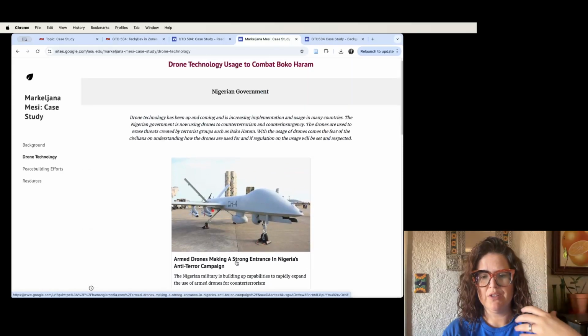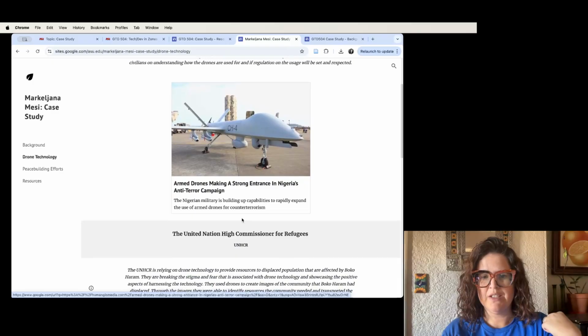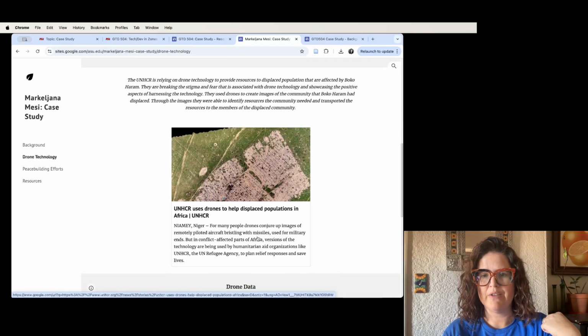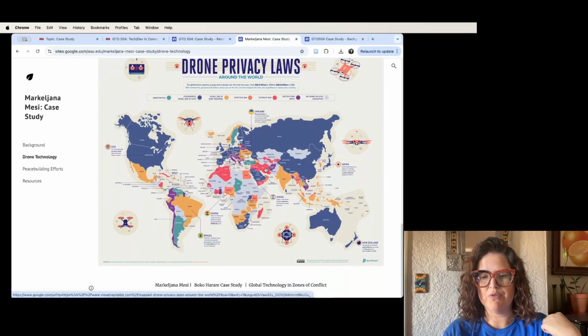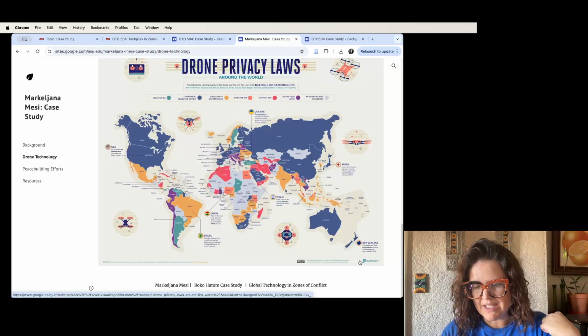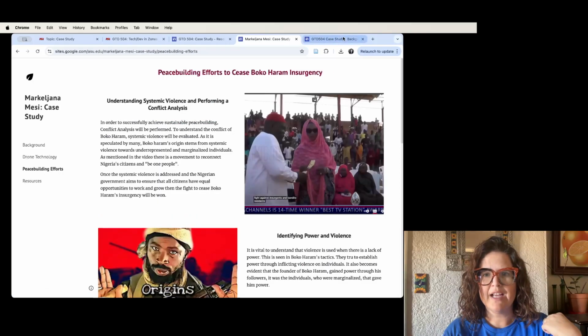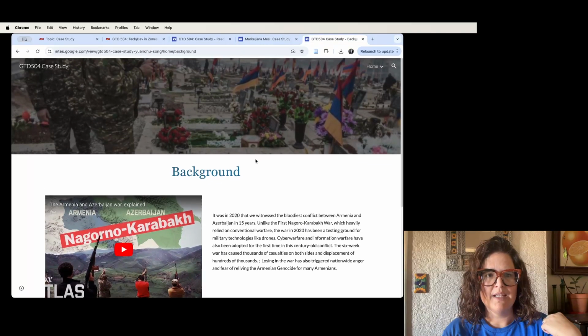I just would remind you to cite your sources. So if you're creating images and sources like this, it's really important to make clear that you didn't create these. Like, for example, these drone privacy laws around the world. They do have some citations down here, but it'd be worth you adding some information yourself about where you got it from. Then our last example is about